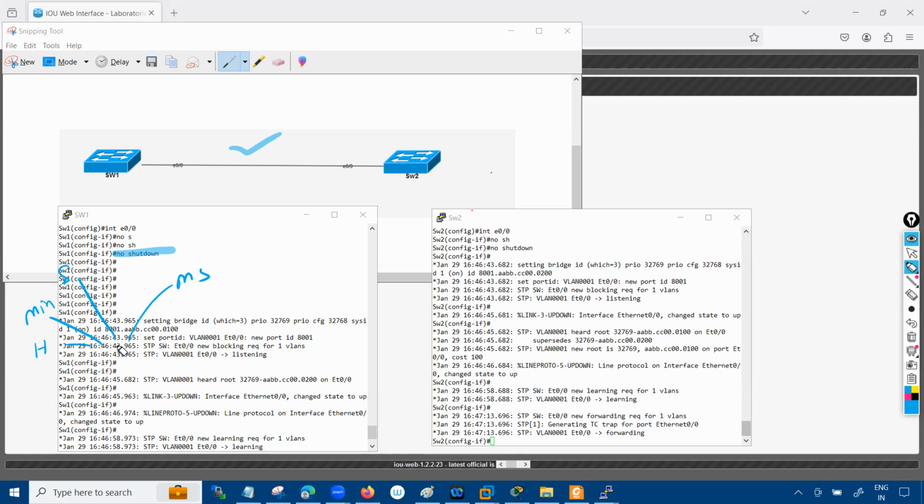So at this point, 43 seconds, 960, 965 milliseconds, you have this interface in the blocking state for VLAN number 1. Because by default, VLAN number 1 is present, right? So we are doing the spanning tree for VLAN number 1. This port went to blocking just for a millisecond, then it jumped to the listening state. Add the 15 seconds to the 43. If you add 15 seconds to 43, how much will it become? 58, right? So at this point, 46 minutes 58 seconds,